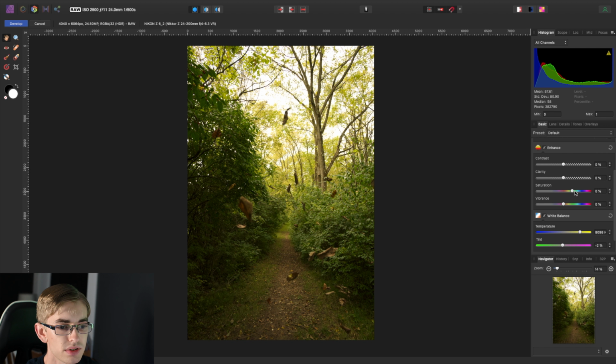So we're going to actually increase the saturation of this a little bit because we were going for a pretty colorful look. So we're going to pull that up a little like that, and then we're also going to increase the vibrance a little more really than the saturation. I usually go for more vibrance than saturation most of the time, and that brings up those muted colors in the image a little bit.